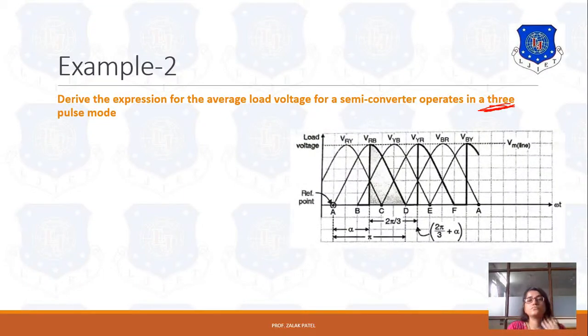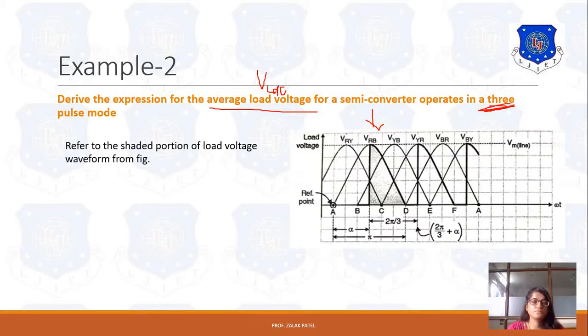If you see the diagram given in the question, from this diagram you have to calculate the expression of the average load voltage, means VLDC. If it is asked that the RMS voltage should be calculated, then what we have to do is simply take the square of the given voltage and then take the square root, so V square raised to 1 by 2. So here for this given figure, means for this shaded portion, we have to calculate the 3-pulse mode VLDC, means average load voltage.